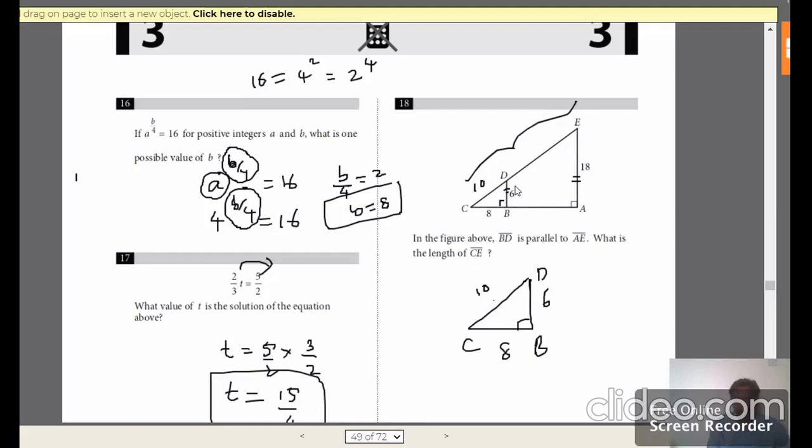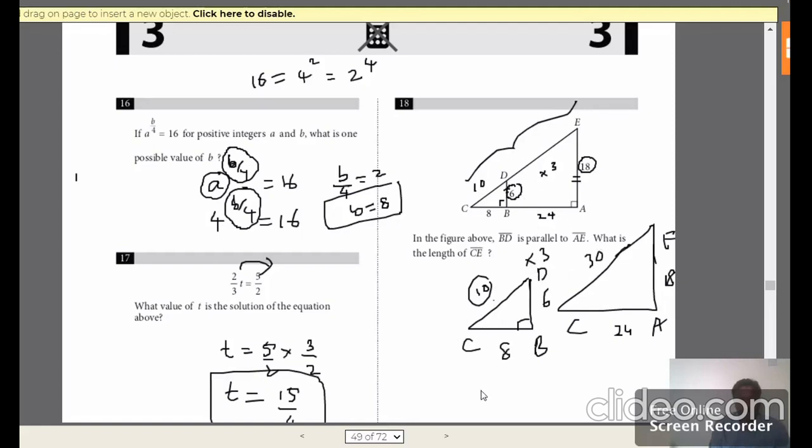Now, as you can see, if there is a similarity, you just have to check that the sides are proportional. So if this is 6 and this is 18, how many times is it multiplying? Since it is the bigger side, to get 18 you multiply by 3. So if this is 8, this is definitely going to be, if we compare triangle CAE, 18 and 8 times 3 gives us 24. Similarly, if the smallest one is 10, 10 times 3 will give us 30. So the length of CE is nothing but 30.